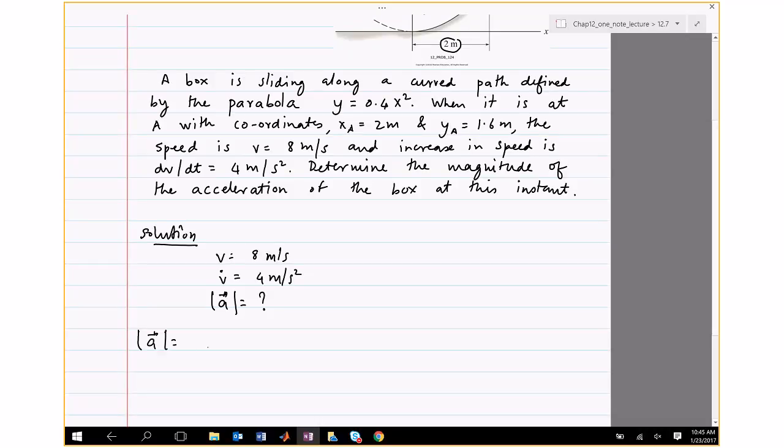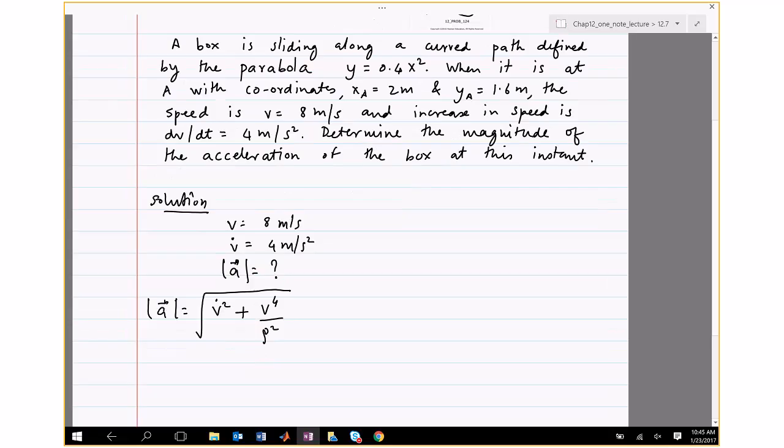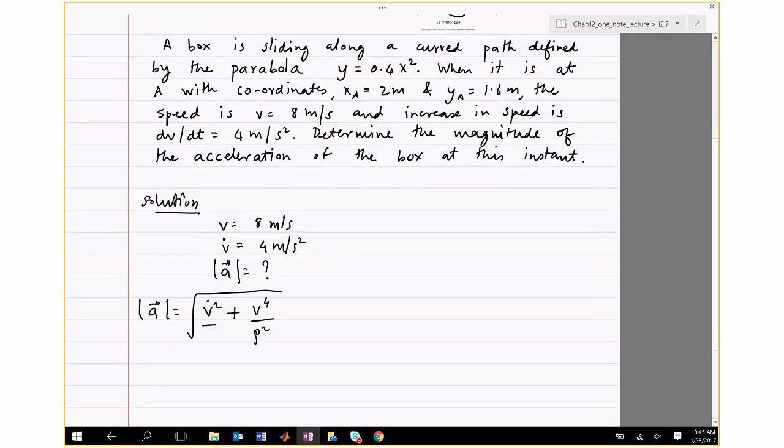So a equals the square root of (v squared over rho) squared plus v dot squared. I'm skipping a step. I'm not writing the expression for the acceleration in path coordinates. I'm directly writing the magnitude. Okay. So v dot is known, v is also known, this is known, this is known. We've got to find this, and rho is an unknown. However, we know how to find rho, right? Rho is